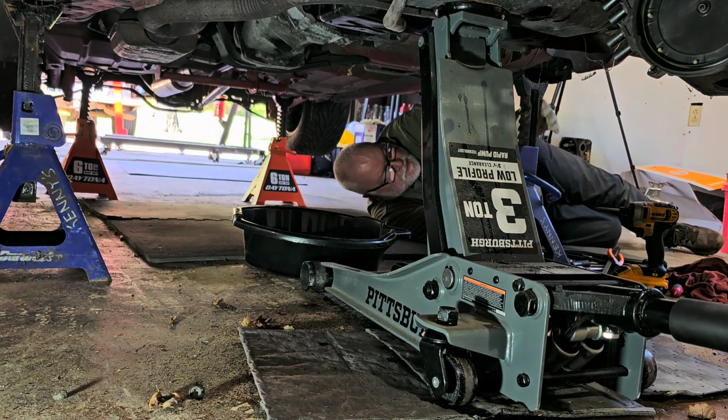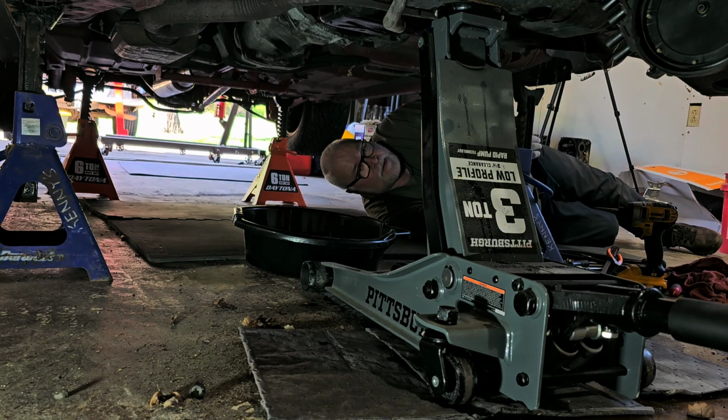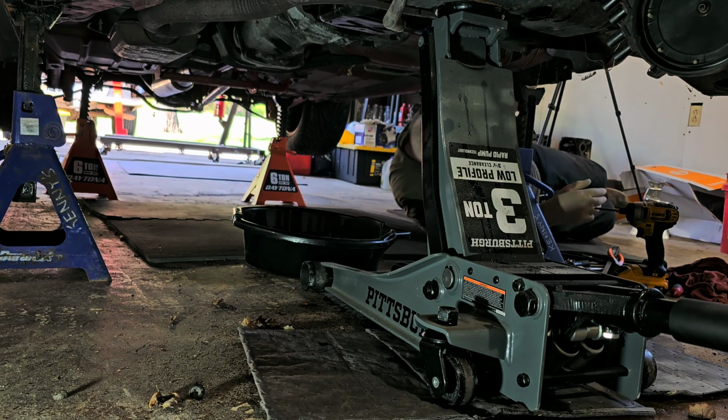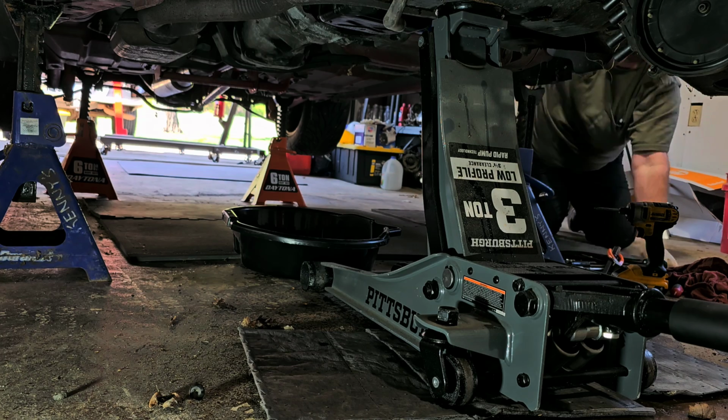Yep. Make sure it's latched. See, on this side, I might have actually been able to go to 6 because the floor is a little uneven in this garage, but it is what it is. If I was doing something like putting in a roll cage or subframe connectors, then I'd have to make sure that I was on a flat floor. So, all right. So now with that being said,